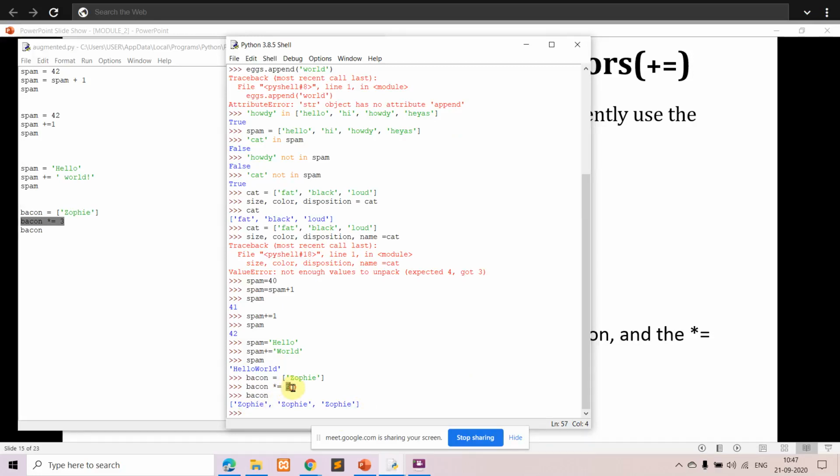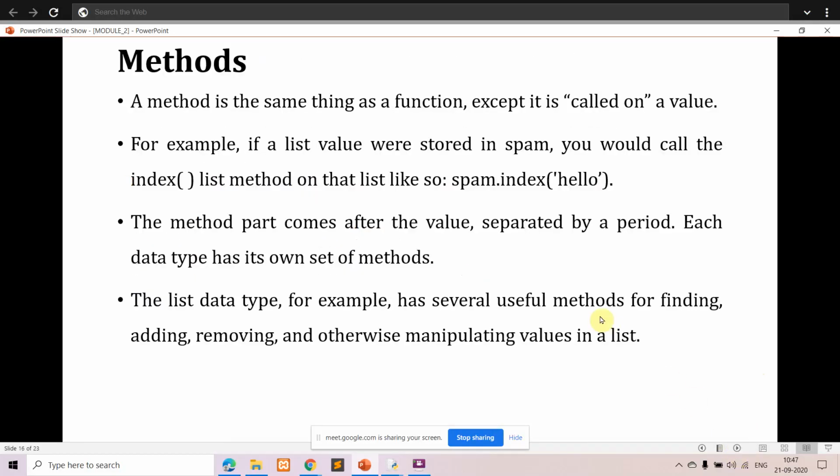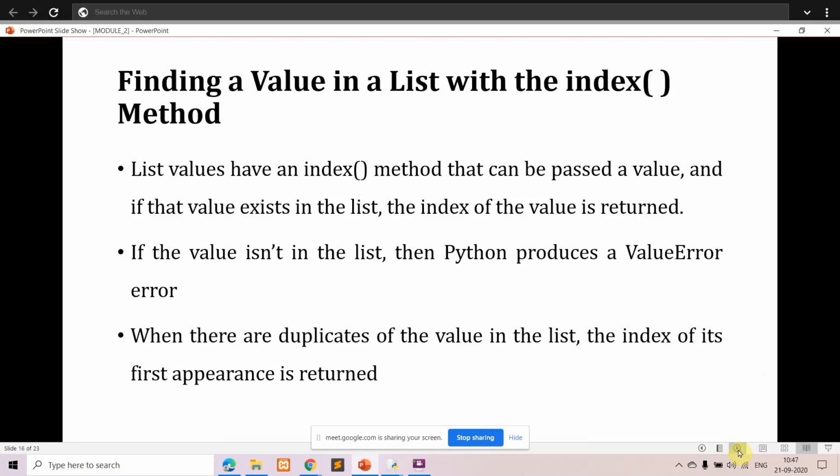As many times as you have told in the integer value. Okay, so this is about the augmented assignment, or you can also call it a shorthand. The additional thing you should remember is that plus is equal to will also do string concatenation, and star equal to will do the replication of the item that is stored in your list.